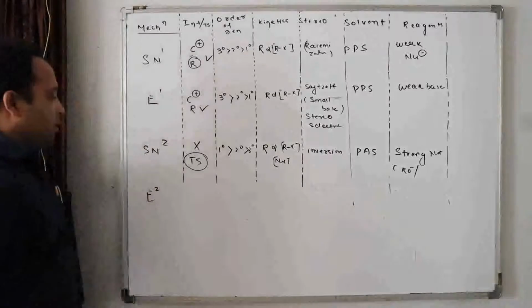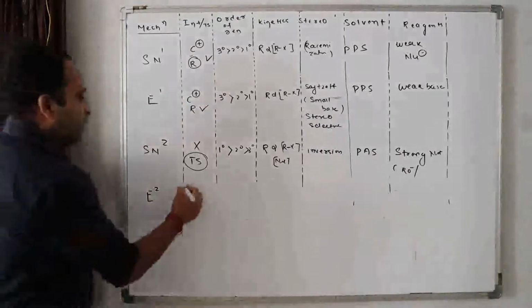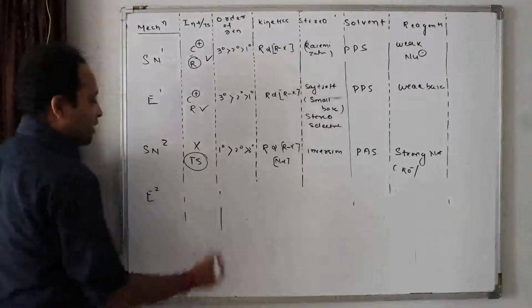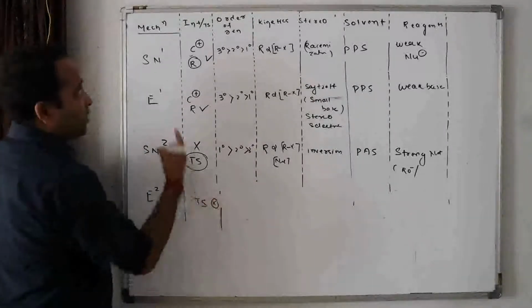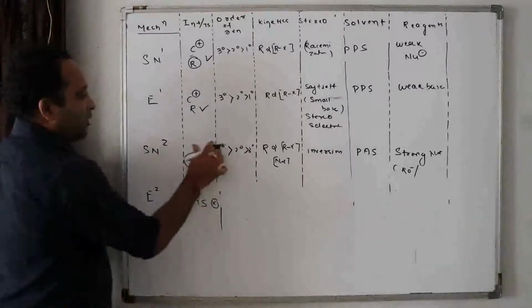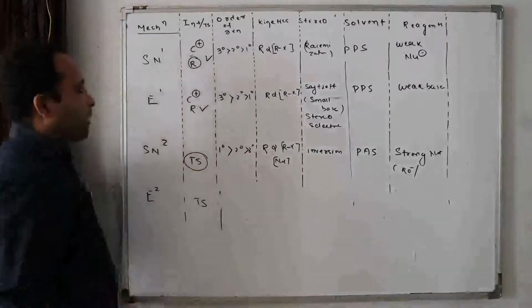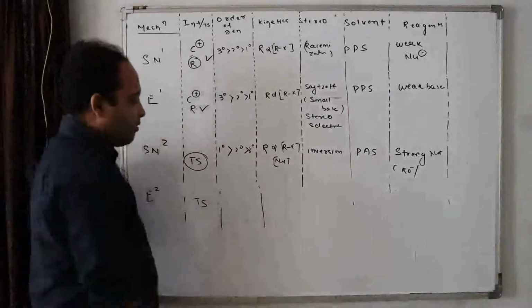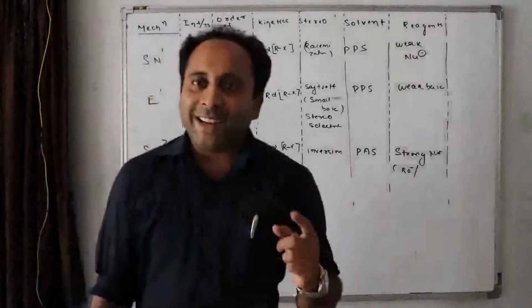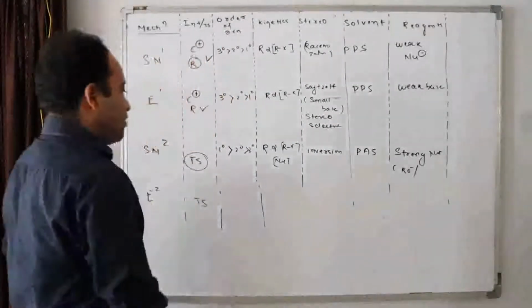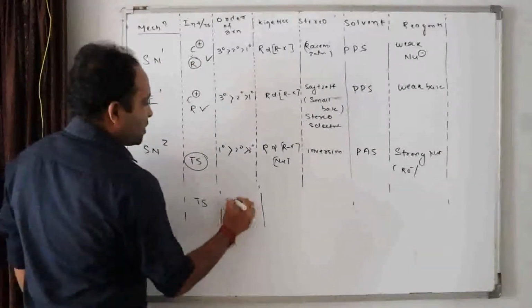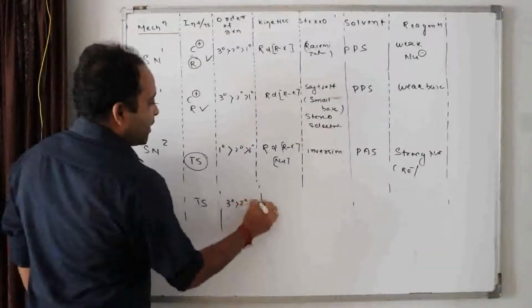Next, E2 reaction. What about the E2 reaction? Do you remember? The E2 reaction is also a single-step reaction. Transition state is formed. No chance of formation of an intermediate. See, I am just writing transition state is formed. What is the order? As we found, in the transition state olefinic character is there. More crowding, more stable the olefinic character, isn't it? So here also the order is tertiary, then secondary, then primary.